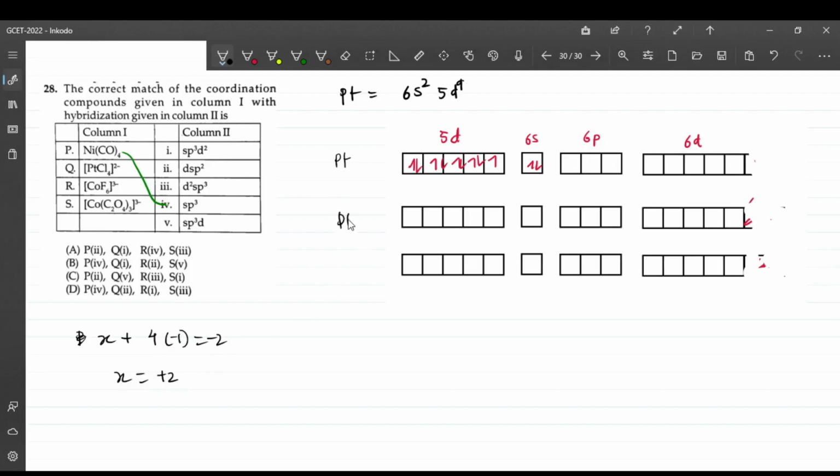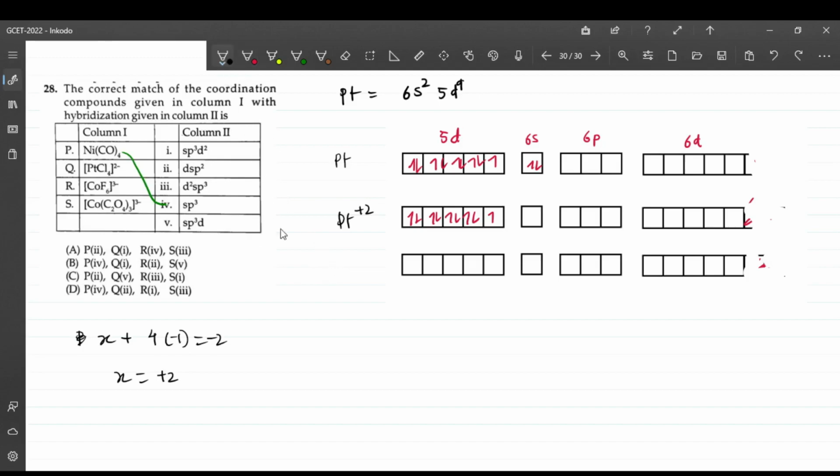So platinum in +2 means what? Platinum in +2 means 2 electrons will be removed. So these outermost will be removed. So here 1, 2, 3, 4, 5, 6, 7, 8, 9, right? So now platinum is linking with halide, right? So halide is what kind of ligand? Is it a strong field or a weak field? Halide is a weak field ligand,